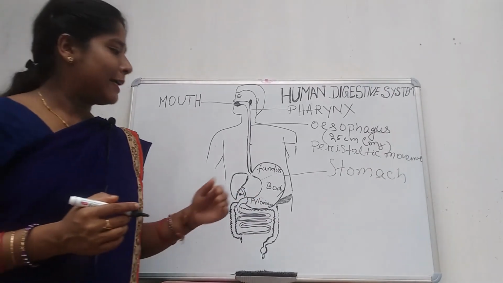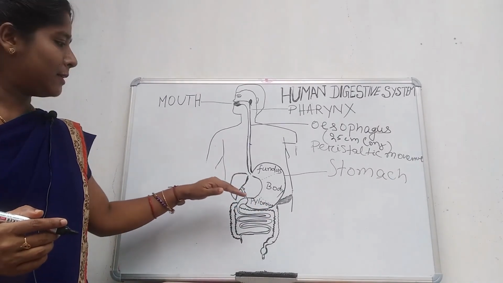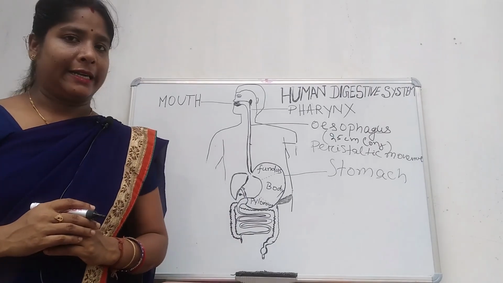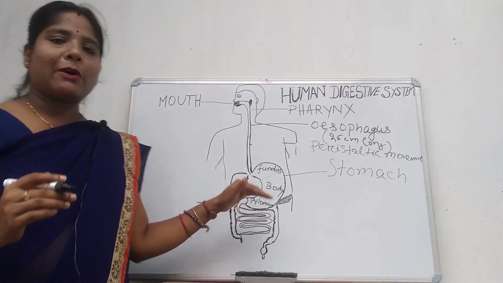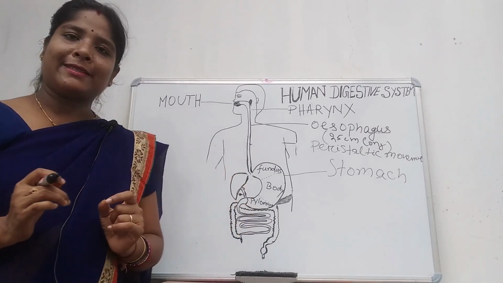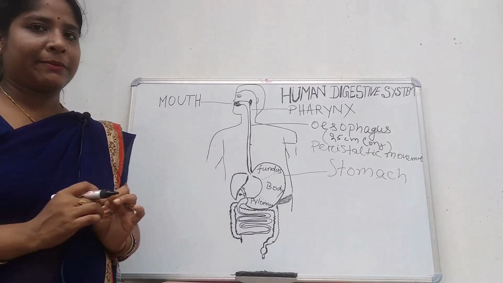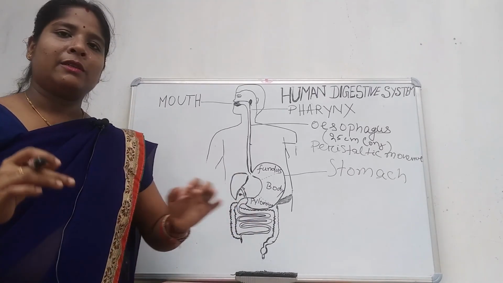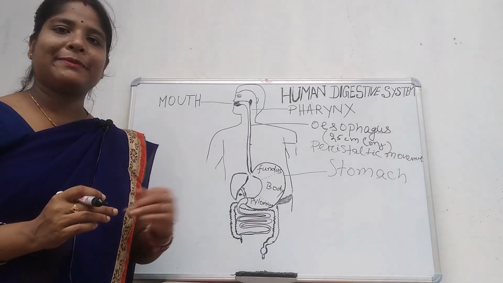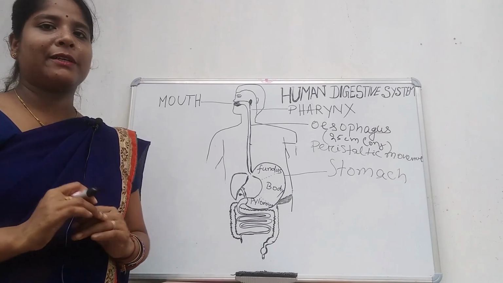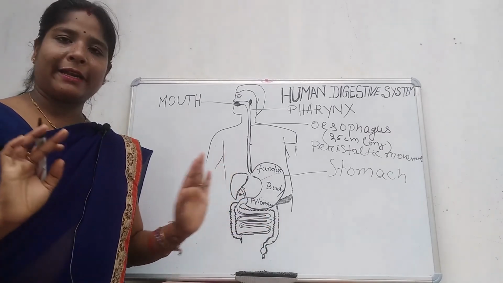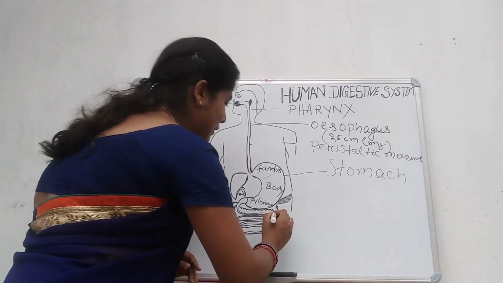Is it clear? Next, after the stomach, the food reaches the small intestine. The small intestine has a diameter of about 1.5 centimeter and it is a 30 centimeter long pipe. It is 30 centimeter long and 1.5 centimeter wide, and divided into 3 main parts such as jejunum,